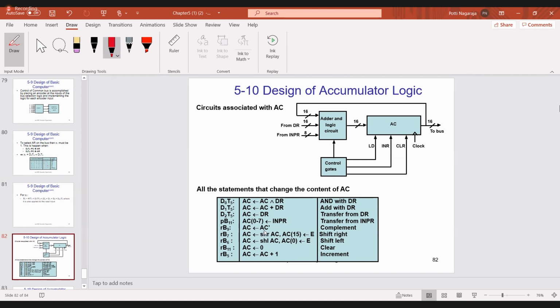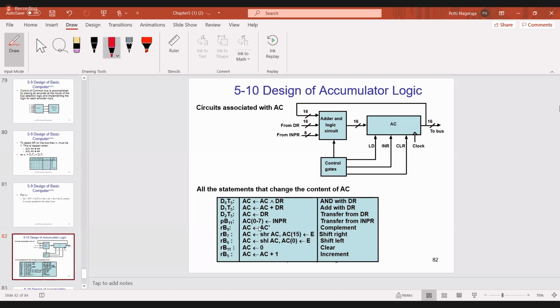Then complement accumulator. Then shift right AC, then shift left AC. Then AC is cleared to 0, and increment AC by 1. All these statements are where you are changing the accumulator content.